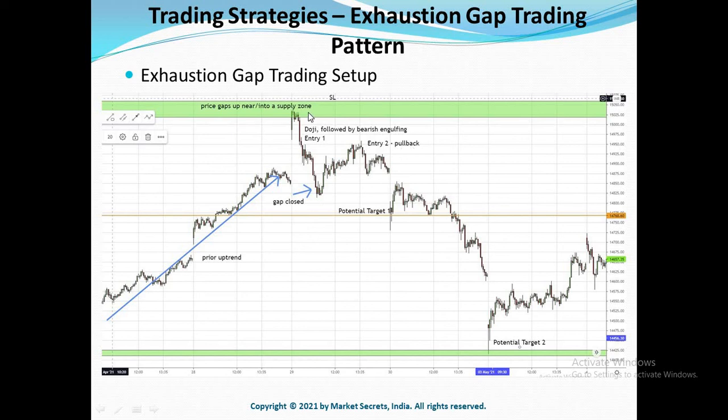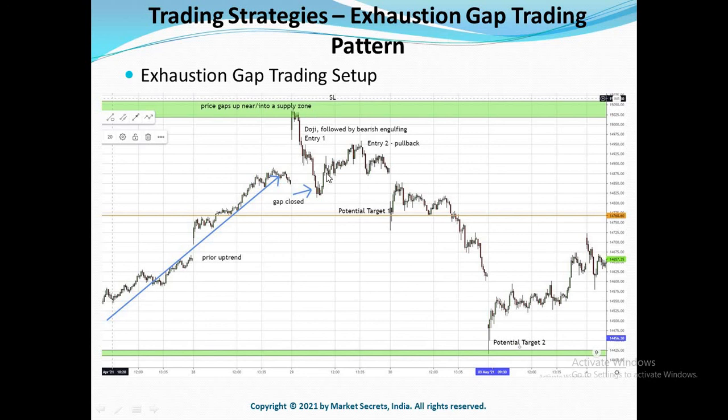And when it comes to the stop loss for this strategy, you should keep your stop loss slightly above the day's high. Since I have a supply zone here already, I'll be placing my stop loss just above the supply zone. The target for this strategy is simple. We can use 2:1 as the risk reward ratio for the strategy. So if your stop loss is 10 points, your target should be 20 points from your entry.